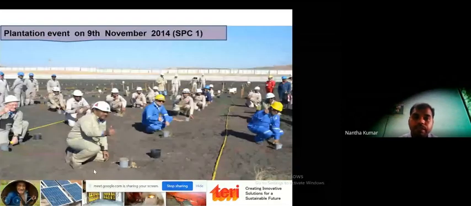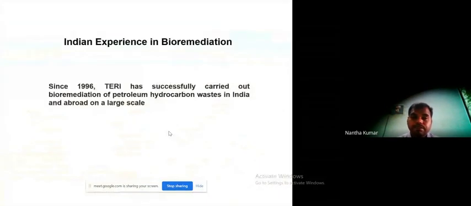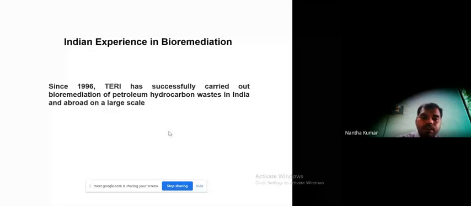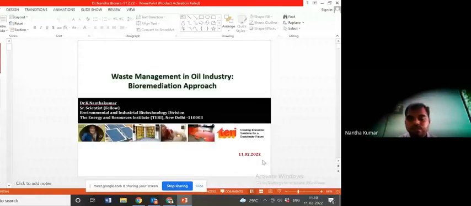After completion of this process, the soil is used for plantation to verify that it supports the growth of plants. Since 1996, TERI has been remediating such high TPH contaminated waste in India as well as abroad. So, thank you.